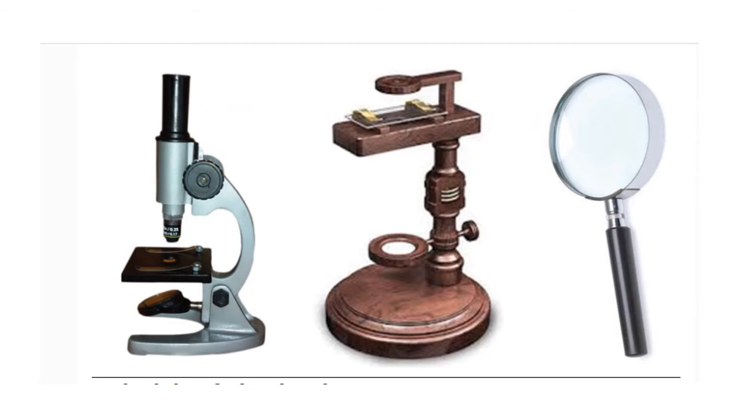The middle one is an old simple microscope. This is how it was used in the olden days. The right hand side is a magnifying glass, and on the left hand side what we have is a simple microscope. You can see there is a down mirror. You keep on the stand the things that need to be magnified. Then you get to see through the lens on top.